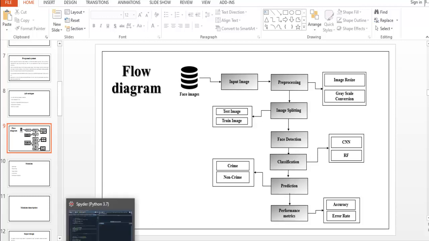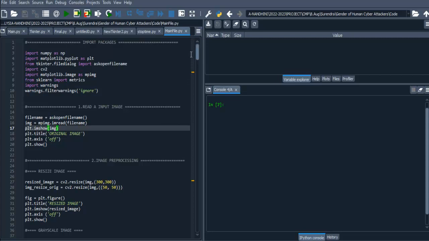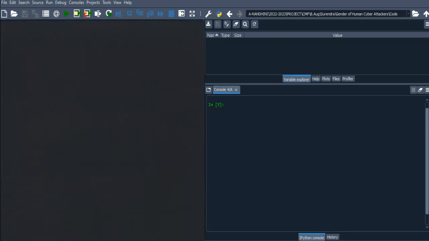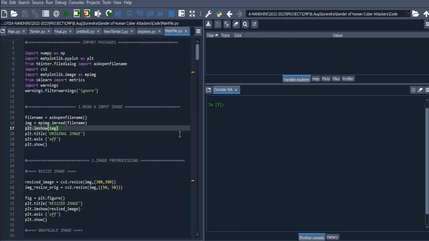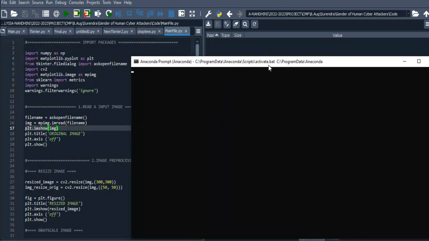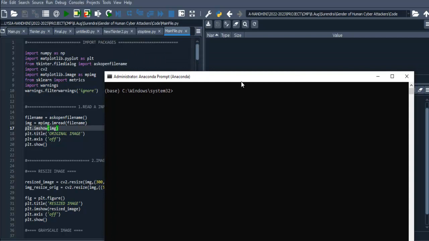Then we are going to discuss how to execute. We are running our project in Spyder IDE from Anaconda Navigator. First, we need to install some required packages. We have already installed the required packages. To install them, first open the Anaconda prompt as admin. The necessary packages are OpenCV, TensorFlow, Keras. If you want to install a package, just put the command pip install